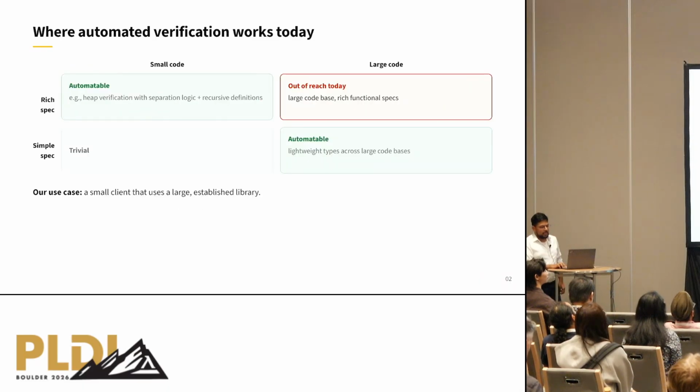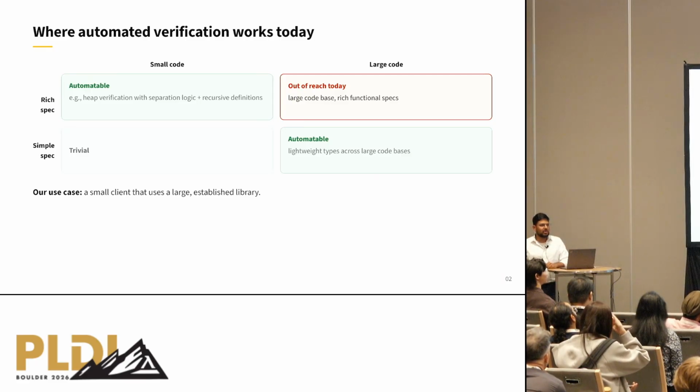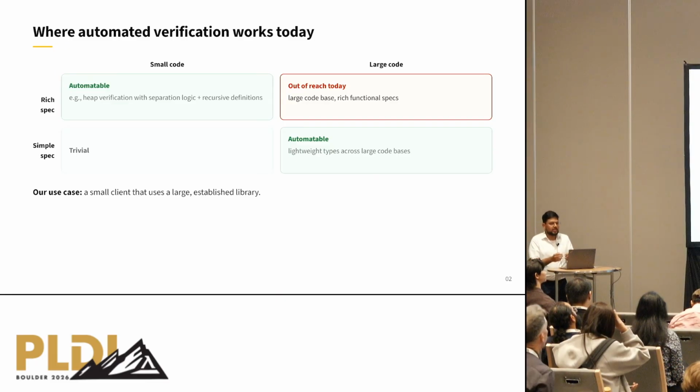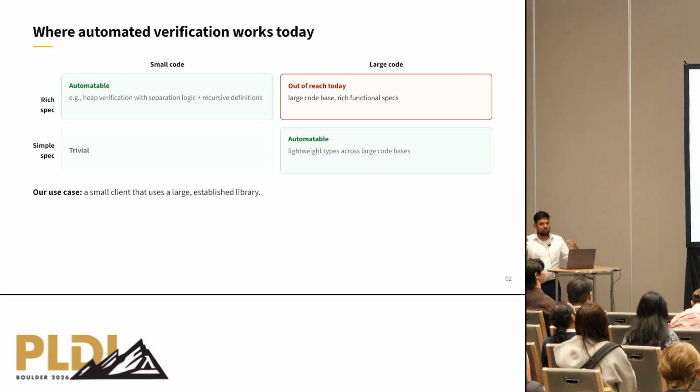I want to start by getting us all to think about what the state of automated verification is today. In the landscape of specification complexity and code size, we really have an either-or situation. You can have your favorite separation logic, recursion, quantifiers, what have you, and then if you want automated verification, you can only do smaller programs. Or you can have something like lightweight types, and then you can scale guarantees to large code. But when you have both complex specifications and large code, there isn't really a systematic study or a science behind how to approach this problem.